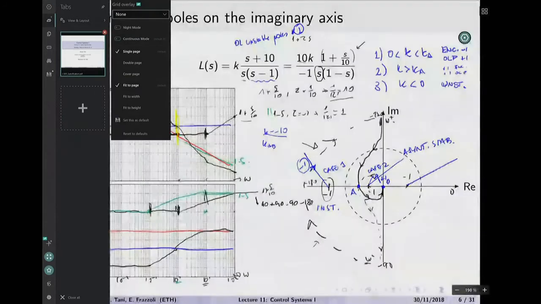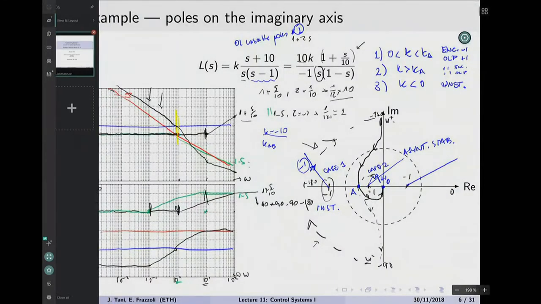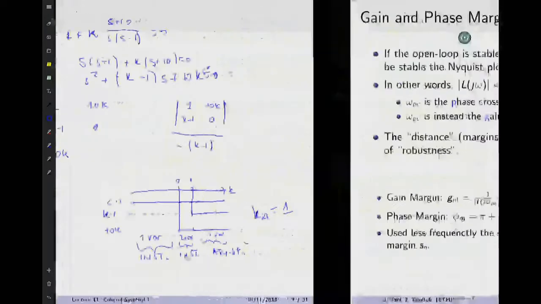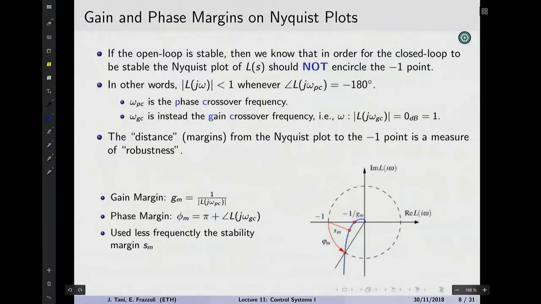And one can ask, what happens when there's this transition between stability and instability? Well, if we consider an open loop stable plant, so when the Nyquist plot has this kind of shape, well, the distance between,